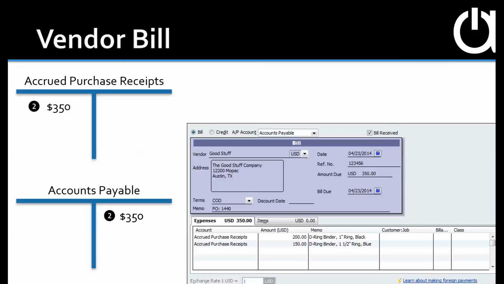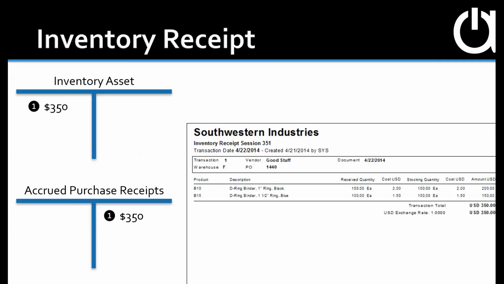So if I've got a $350 receipt but the vendor sends me a bill and it's only for $100, I can't reconcile just like I would a bank account. So I've got to just kind of monitor it. And there's a couple of reports that I use that tell me what should the value of the accrued purchase receipts account be. Now, inventory receipts, going back there for a second, this is